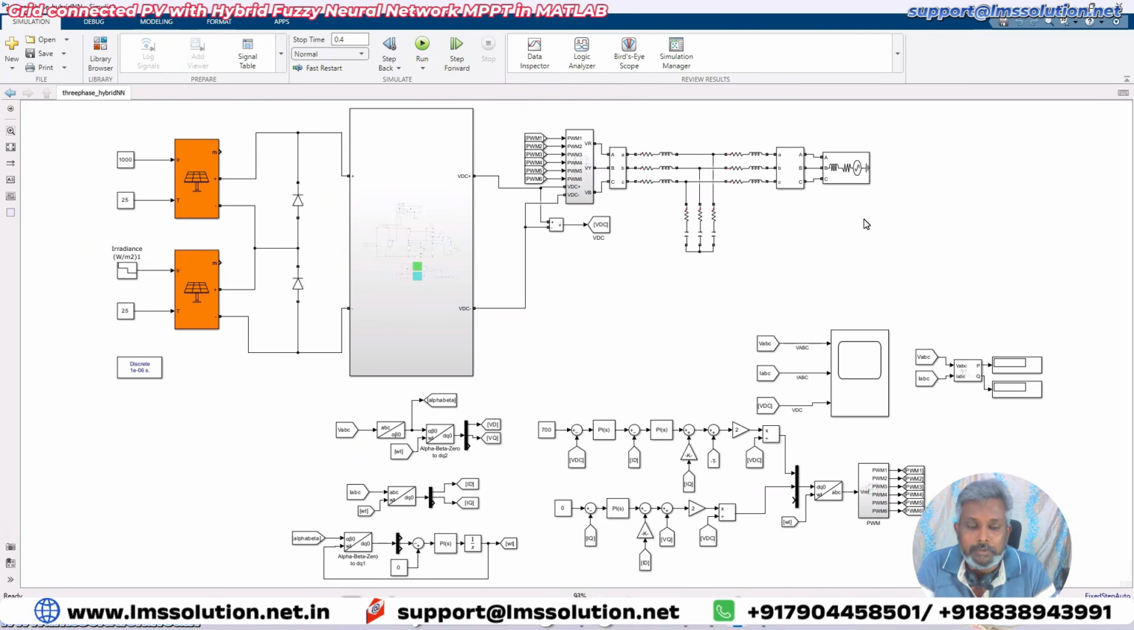Today we are going to see about a grid connected PV system. That grid connected PV system will be operated in partial shading condition with the hybrid fuzzy and neural network MPPT. And also that PV power is going to be sent to the grid with two-stage conversion. First we are going to use a DC to DC converter, that is the first stage, converting power from DC to DC, and then in the next stage we are going to convert DC to AC by using